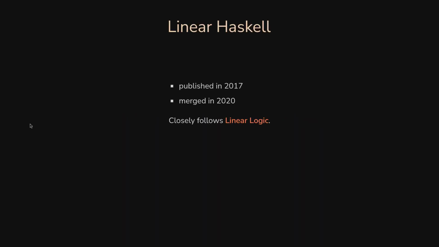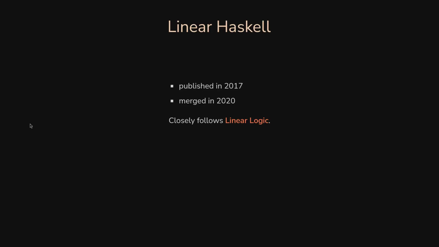Cool. So I will end with alternative implementations. I have 5 minutes, but I will try to not kill you with too much information. But there are some alternative implementations of linear types or unique types or whatever you call them. Linear Haskell, for example, is, for those who don't know, Haskell is a functional programming language. It's quite old, actually. It's from the 90s.